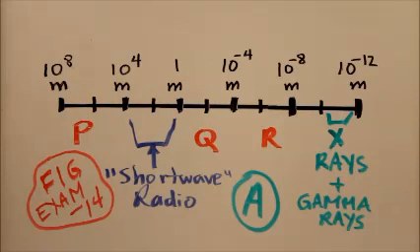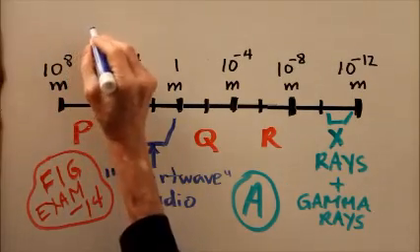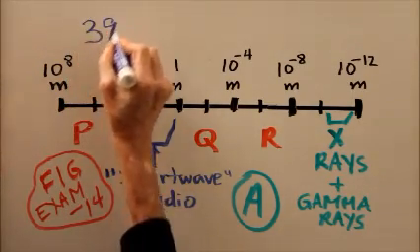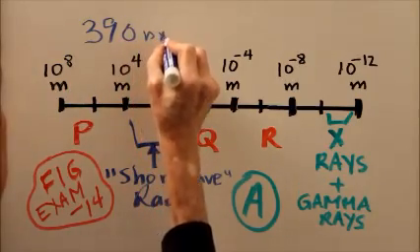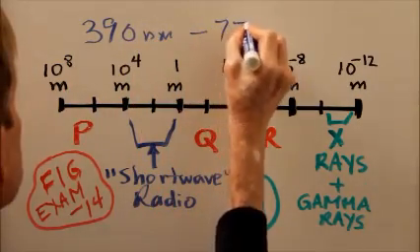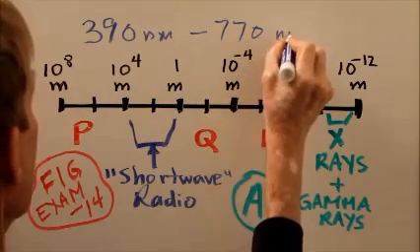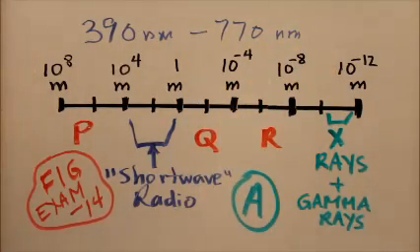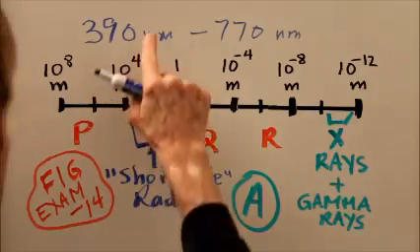You'll find figure 11-6, which shows that visible light is in roughly the wavelength range 390 nanometers to 770 nanometers,